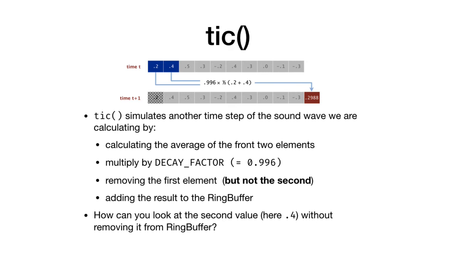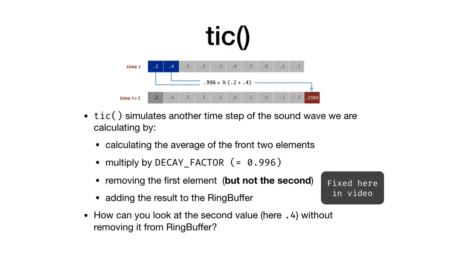It's going to calculate the average of the front two elements. So 0.2 and 0.4, it computes the average of that. It multiplies that average by some decay factor, for which you're going to define a constant. And that decay factor is equal to 0.996. That's a value that has been empirically determined to make a nice sound. Okay, and then you're going to add the result as a new element to the back of the ring buffer,